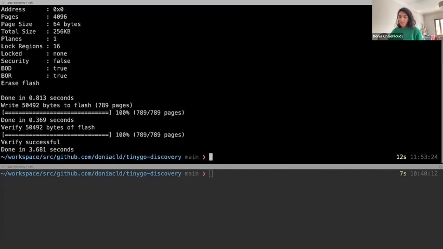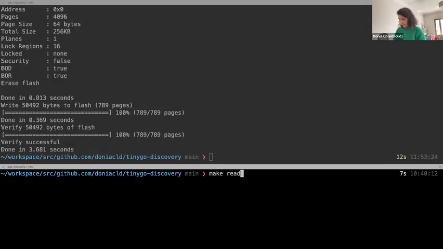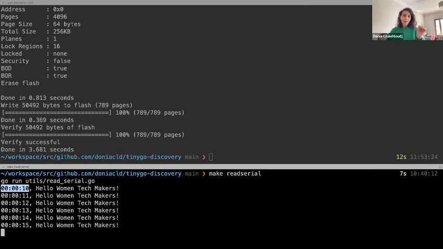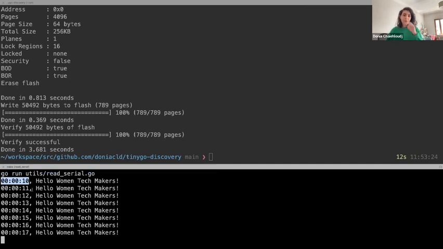We can see that it's verified successfully, and let's see the port. So we can see here the time. Actually, on a microcontroller, the clock begins at 0, because each time we launch a new program, we reset the clock of the microcontroller. So we can see that every second, we have hello to the Women Techmakers.